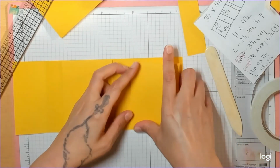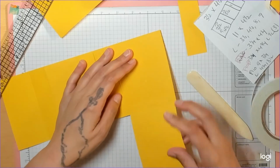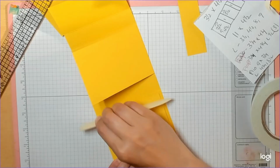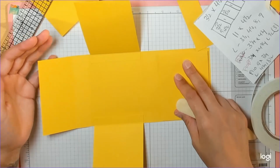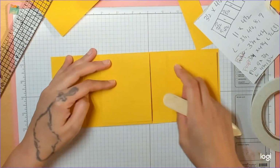Like so. Make sure that's down. You can add magnets if you want, but I think just with creasing it really well and the weight of the paper is going to make it stay. And then you can choose if you want to add more. You can add more flaps out, but I think I'm just going to